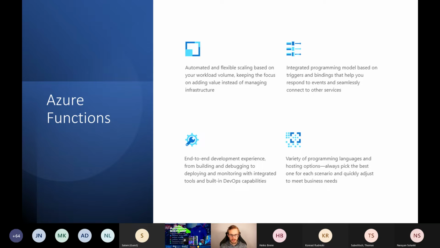And this session is about PowerShell. PowerShell is one of the languages that we can use in Azure Functions. But if you are more familiar with Python, you can run your Python code, you can run your C#, you can run your JS in there. It's all within the possibilities.